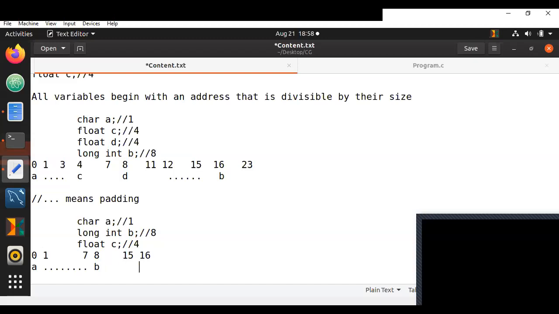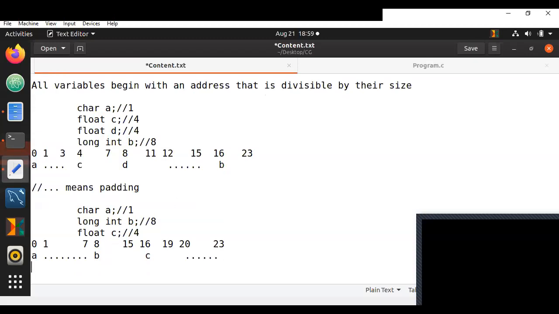Then 16, of course, it is divisible. So C starts from 16 and C goes until 19. But after 19, 20 to 23 will be padding. Now the reason for padding from 20 to 23 is